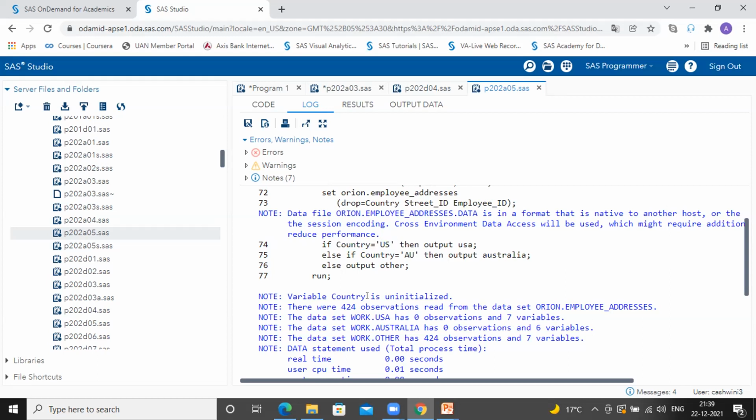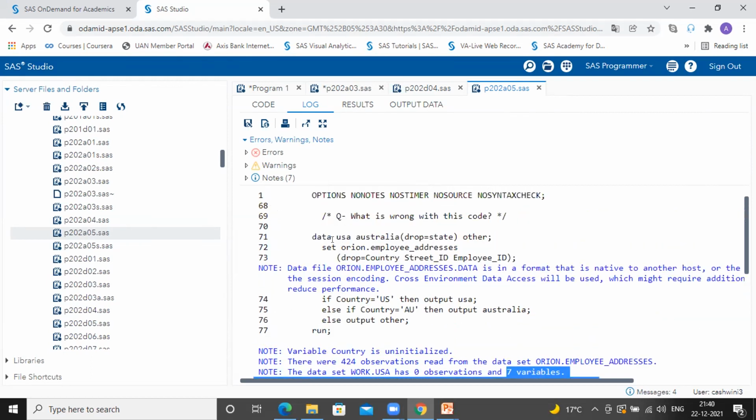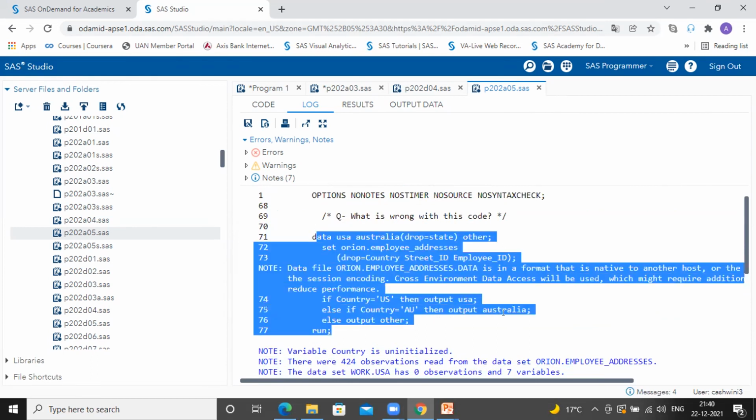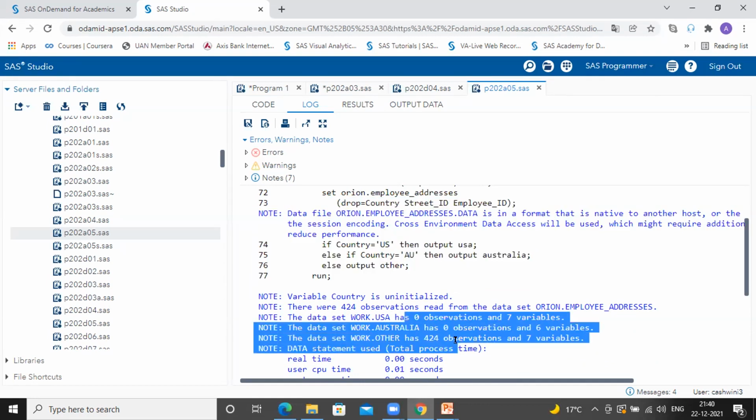But when your data step is processing, the new variable is initialized to missing. Hence, it's telling you it's uninitialized. It's treating it as a new variable. Because it's a new variable, it's not understanding these values. Hence, it's not able to select the observations, but the variables are appropriately selected. So it's a logical error in your data. This type of error, where there is no syntax error but there are no correct results, you term as a logical error.